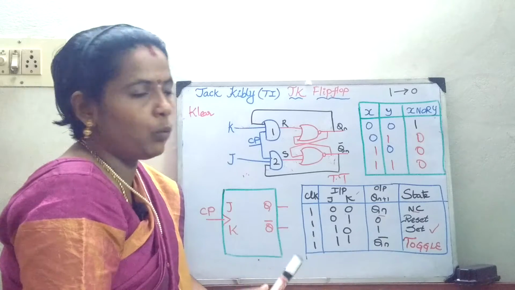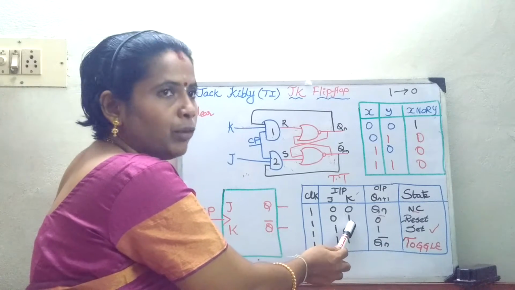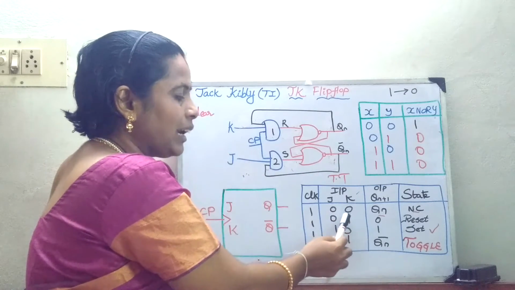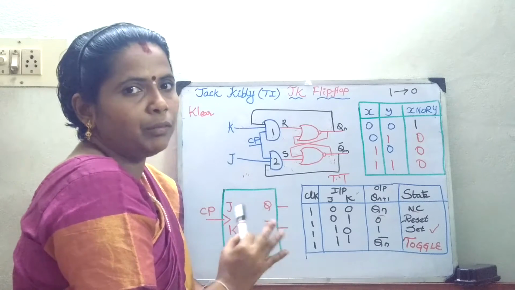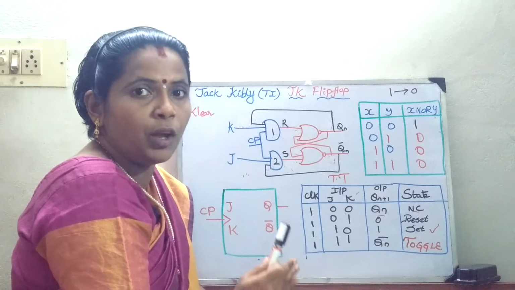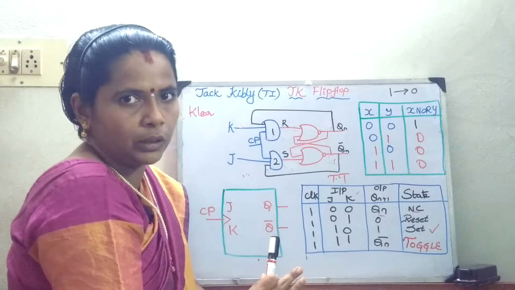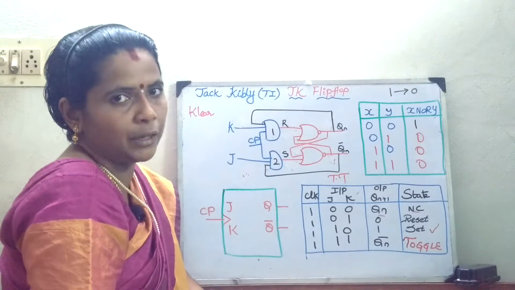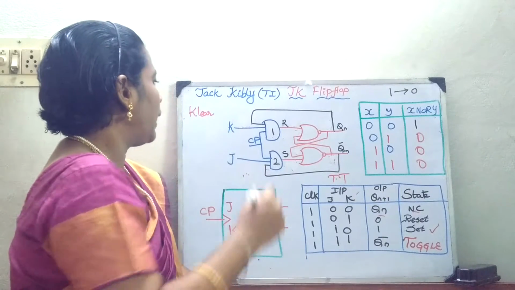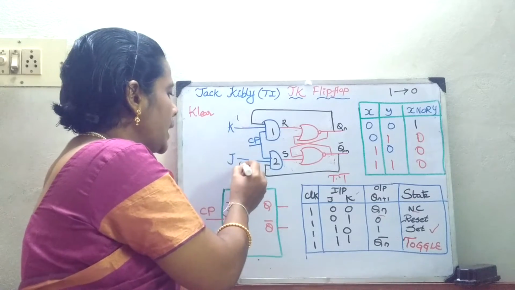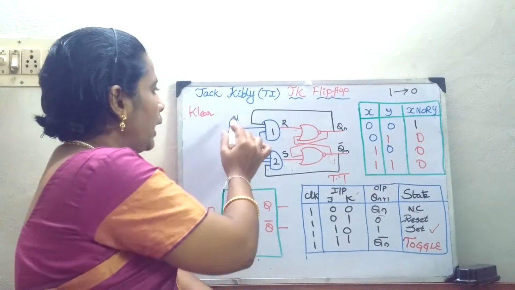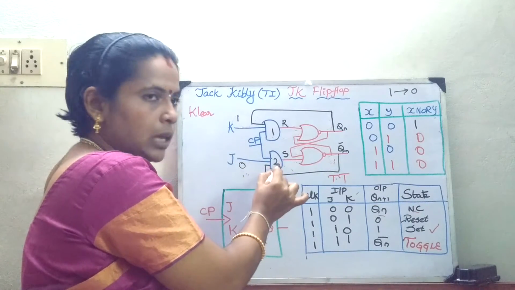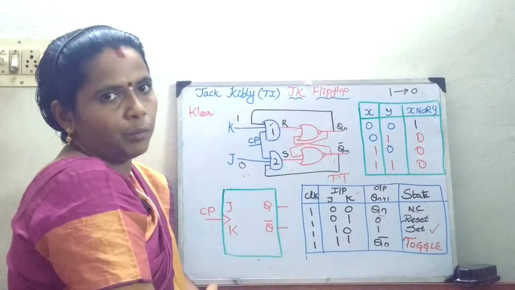Right, now we will see what happens whenever I reset my flip-flop. That is 0, 1. I already told you K is the clear signal. In that case, I am going to reset my flip-flop, and my Q value will be 0. We have seen that already, right? Now we will see how we arrive at this with the circuitry. I make K as 1 and J as 0. Whenever I make this 1 and this 0, what will happen? This AND gate is going to be disabled, and only this AND gate will be enabled.